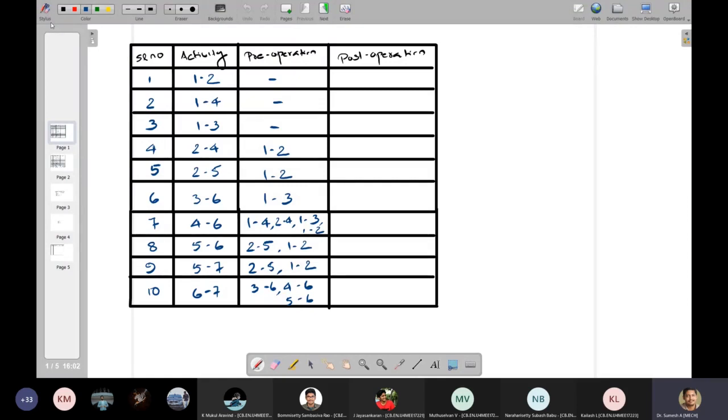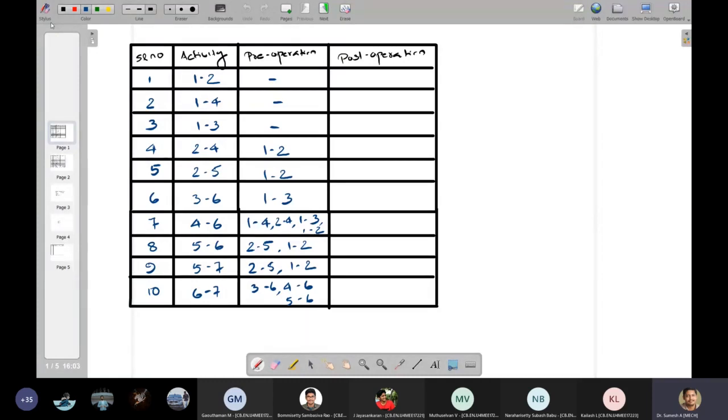This is a typical problem given to you. The serial number, activity, and pre-operation are given, and the post-operation is also given. In order to avoid confusion, I have not mentioned the post-operation. Try to deal with pre-operations itself. In the last problem we defined the activities as A, B, C, D like that.